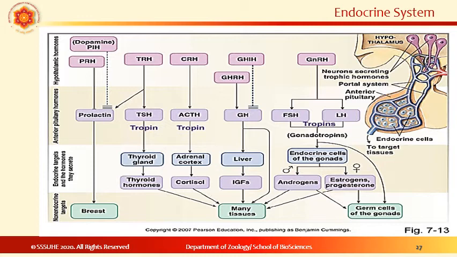Growth hormone inhibitory factor or releasing factor from the hypothalamus acts on growth hormone secretion in the pituitary, which then acts on the liver and a variety of growth factors, insulin-like growth factors, which target many tissues for growth and metabolic functions. The gonadotrophin releasing hormone comes down to produce follicle stimulating hormone and luteinizing hormone